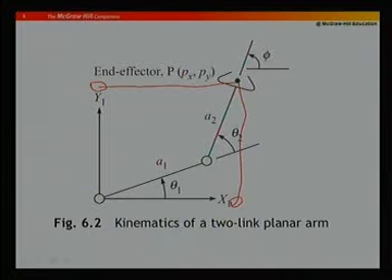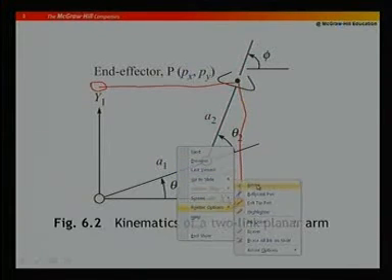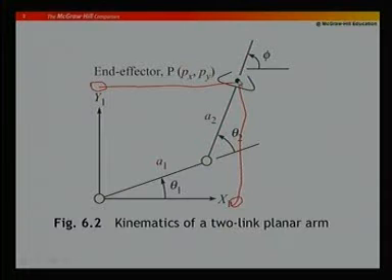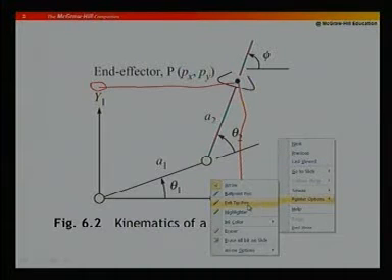So, if I ask the question that if I have given theta 1 and theta 2 some values, what is Px, Py, that is my forward problem, and if I give you Px, Py, and if necessary phi, what will be theta 1, theta 2, that will be my inverse problem. Now, notice here, if I apply theta 1 here and theta 2 here, it will reach Px, Py. There are no other positions it can reach. But if I give this Px, Py, I get this theta 2, this theta 1. Also notice I can get